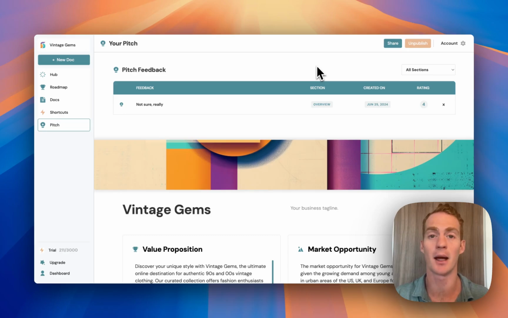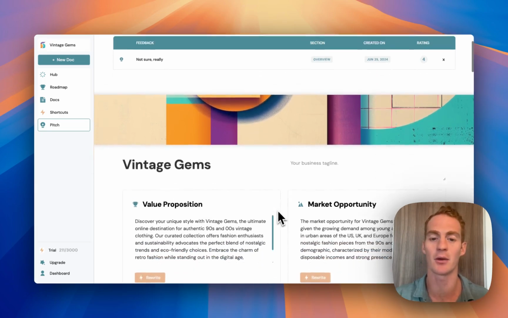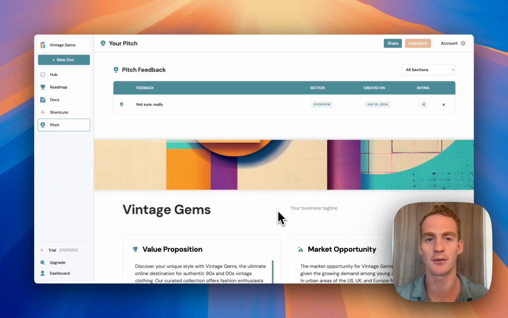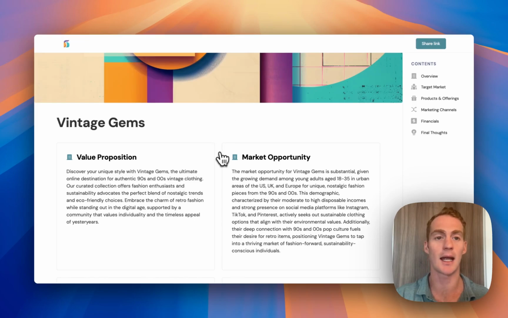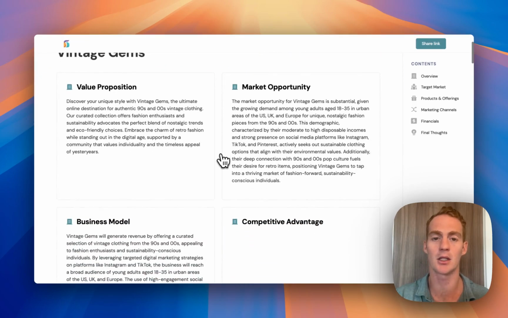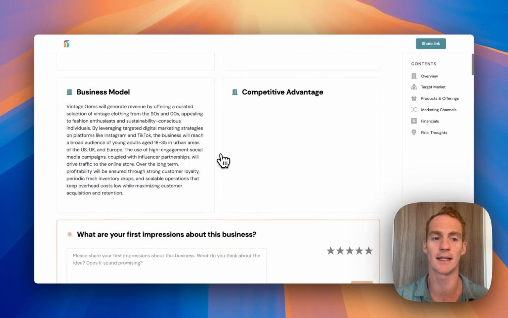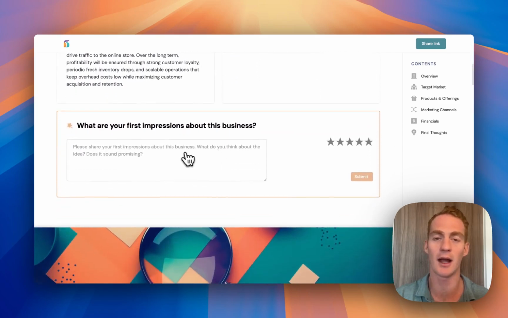Now this will make my pitch accessible on the web page to anyone who visits the link. If I ever want to change that, if I want to make it not live to anyone who visits, I can just unpublish it from the same spot at the top of the page. But if I'm ready to share, hit this share button and that'll take me to my link, which is an open web page that anyone can view as long as they have the link, and they can also provide feedback